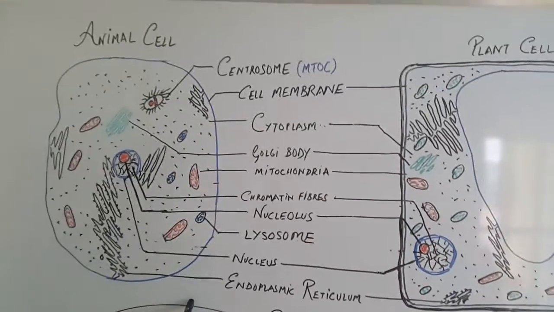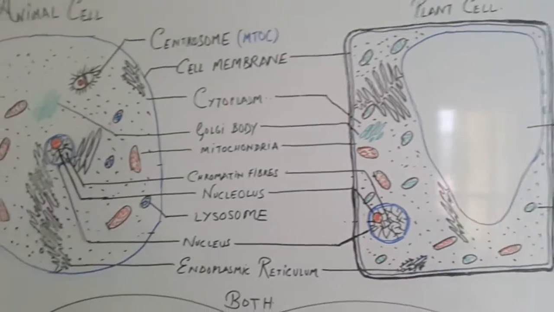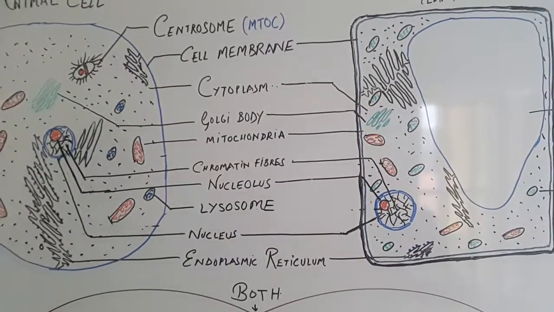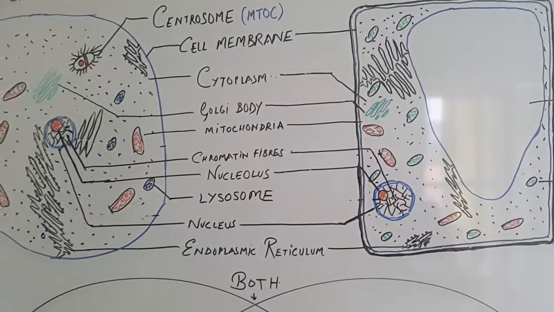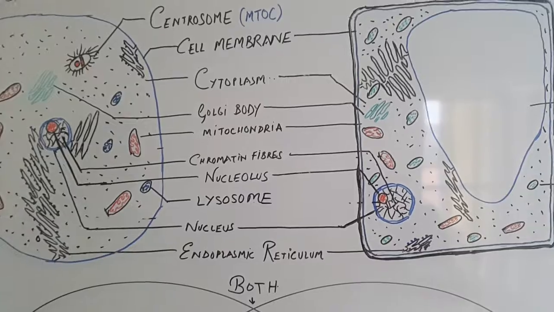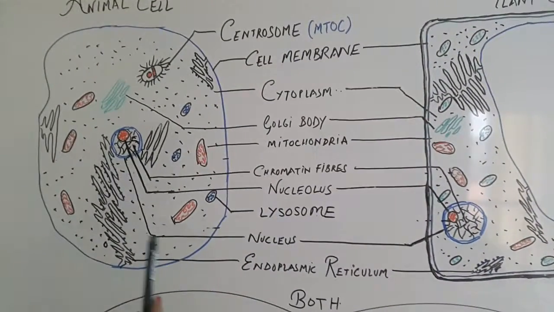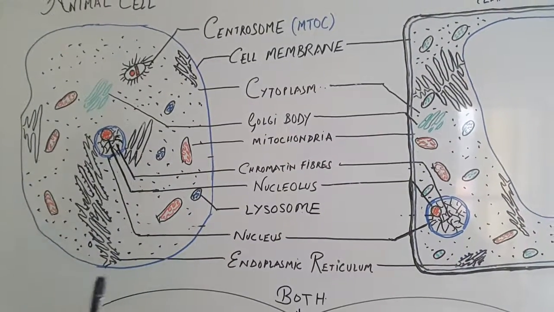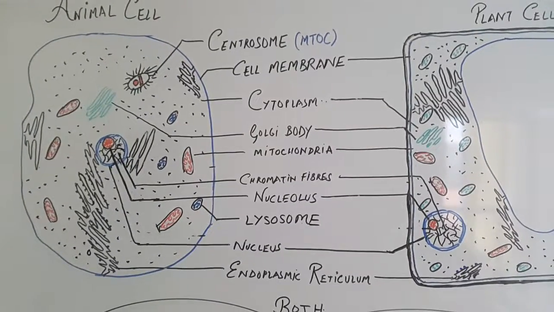First we have an animal cell here and we also have a plant cell here. Now basically both the plant and the animal cell will have a cell membrane, and this cell membrane is semi-permeable in nature and it will regulate the entry of ions and solutes in the cell. Inside the cell there is cytoplasm, and in the cytoplasm all the membrane bound organelles are embedded. So let us see the membrane bound organelles in the cytoplasm.